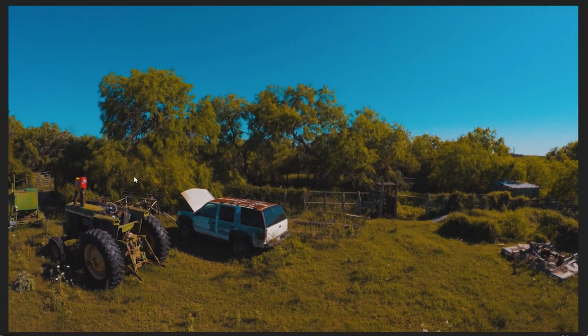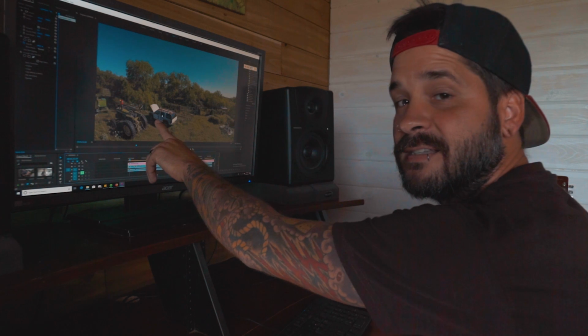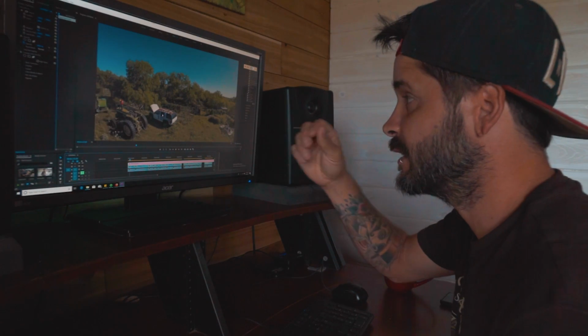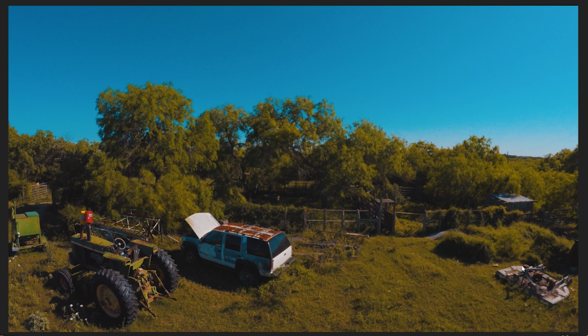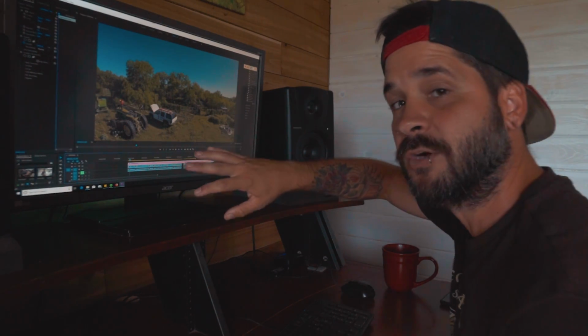So I'm going to pause right here, and as you can see, we have a tractor down here, and the tractor's a little older, but it does come in handy. And then we have this white SUV. This was actually my cousin's husband's SUV, and he unfortunately passed away. He had heart issues, and it's kind of just been sitting there, so we're going to try to maybe fix that up, move it, do something with it. But then over here we have the mower part of the tractor,